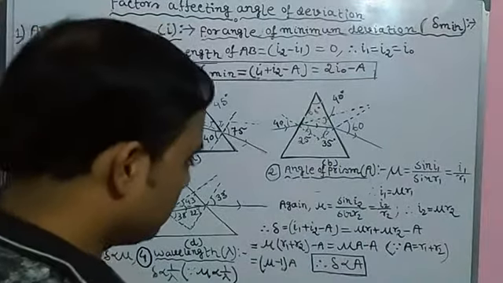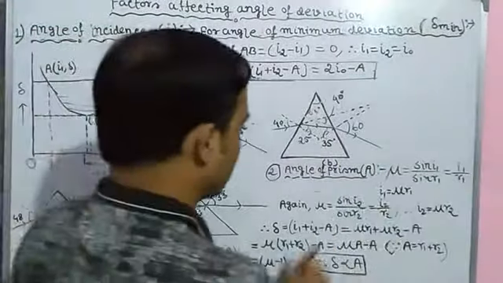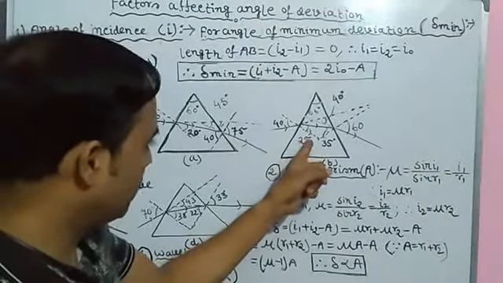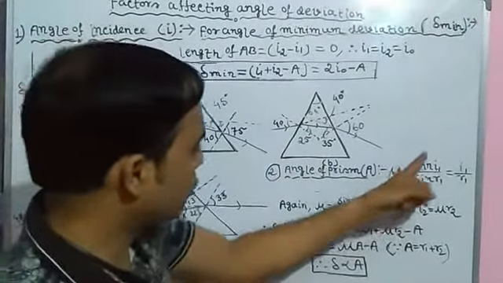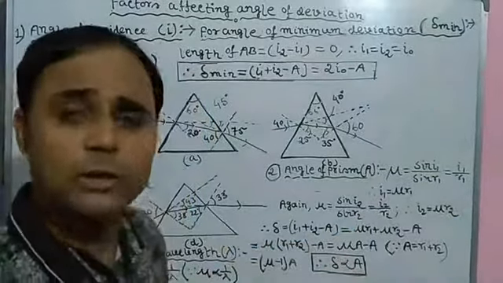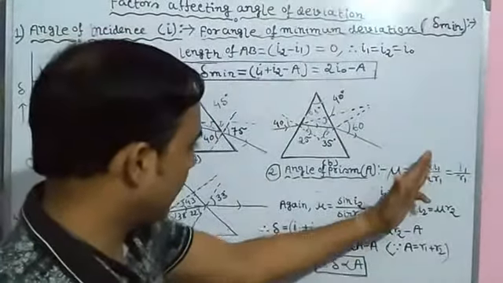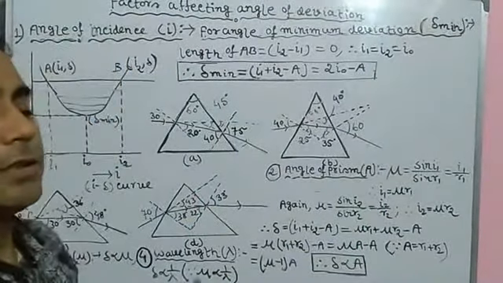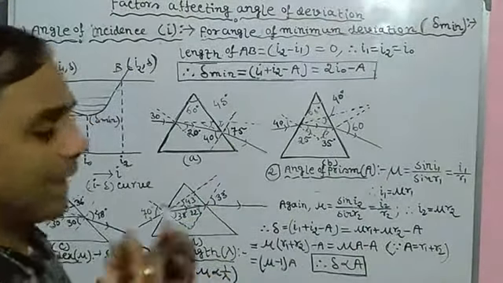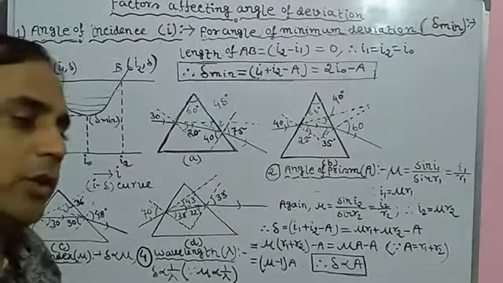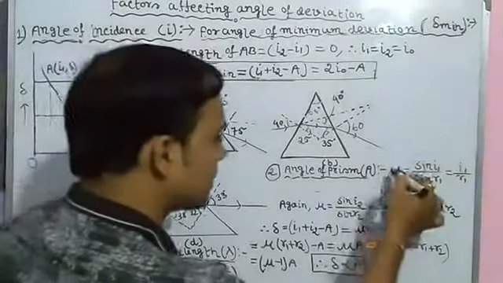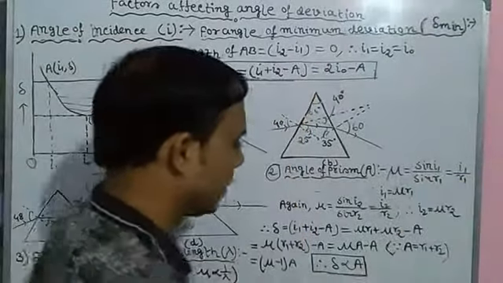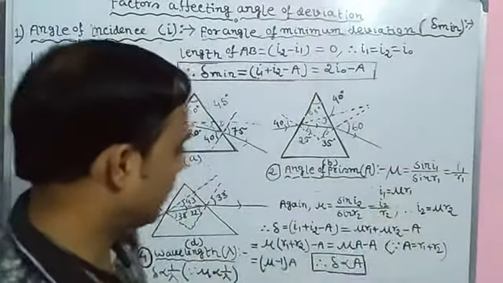So for a very thin prism, consider refraction at the first surface, with angles I1 and R1. Mu equals sine I1 by sine R1 due to Snell's law, which equals I1 by R1. Why? Because we know that when theta is very small, sine theta equals theta. Sine 4 degrees equals 4 degrees, we can write. So due to refraction of light at this first surface, I1 equals mu R1.